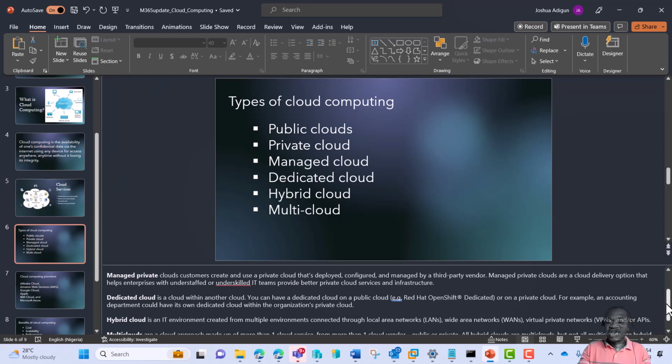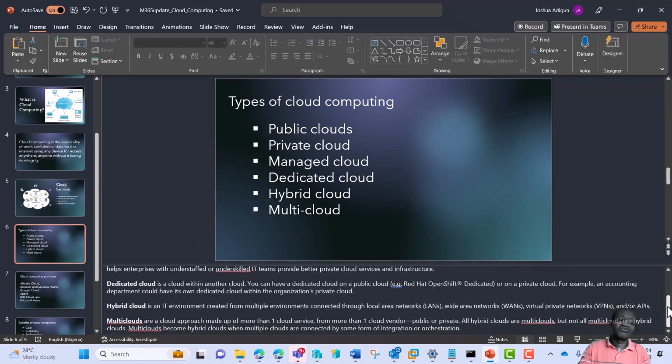So we also have the hybrid cloud, which is a combination of both the public and the private. And then we also have the multi-cloud. This approach is made up of more than one cloud service from more than one cloud vendor. So you can say you want Microsoft to manage your emails and your files, however, you want AWS to manage some other functions in your organization.